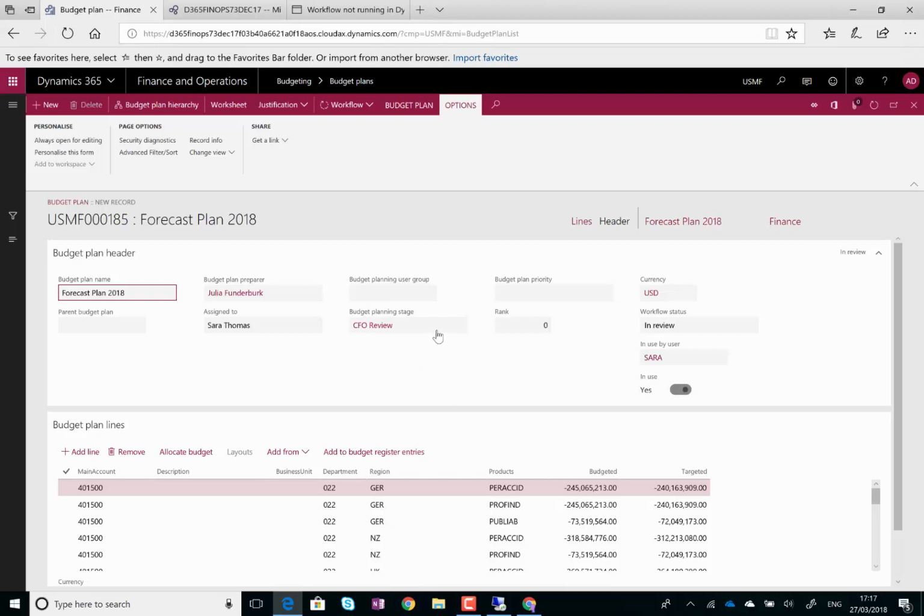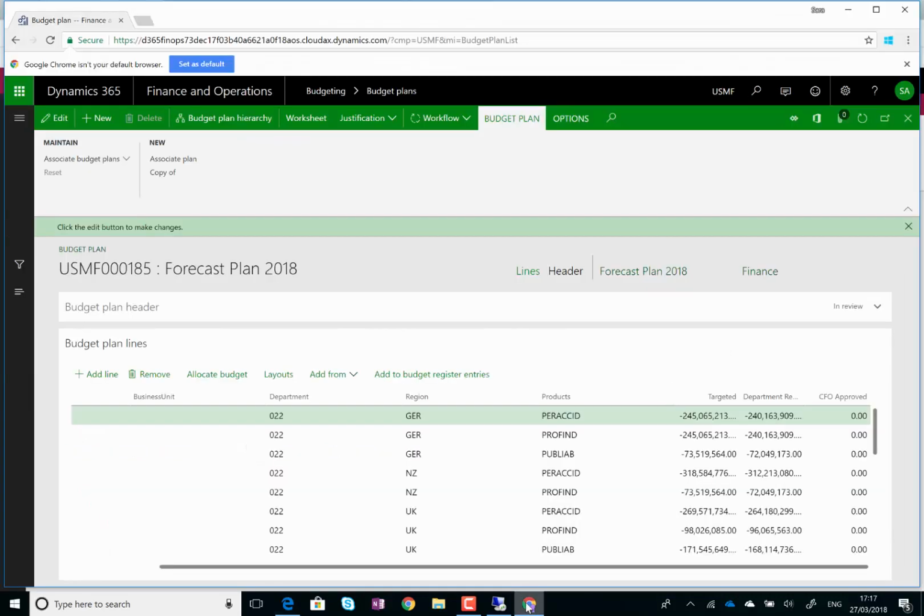Okay, so we can see now that the workflow has finished. It's updated our plan to say it's under CFO review. So we're actually going to log into Dynamics as the CFO to view it from their perspective and push the plan through to final approved status. So down here at the bottom,